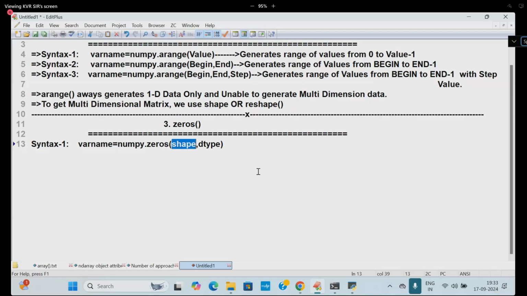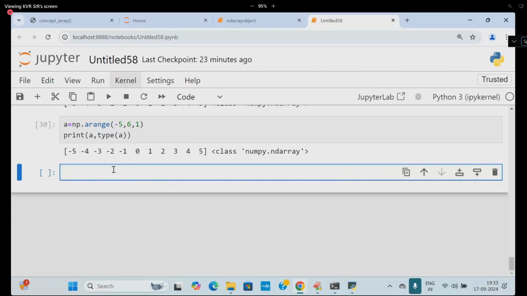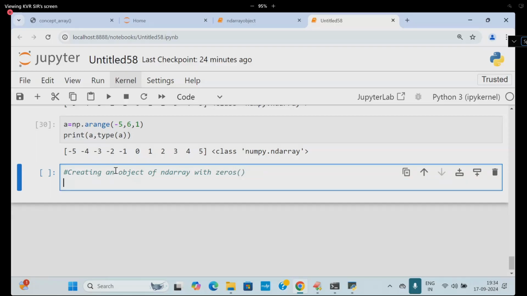Let me apply. Here I am going to write it: creating an object of ndarray with the zeros function. So here I am going to take A is equal to np dot zeros of